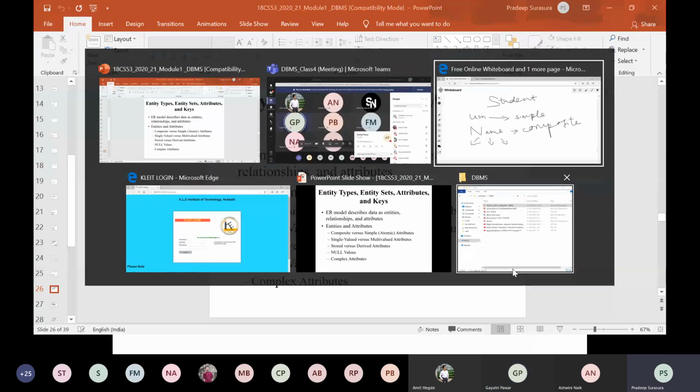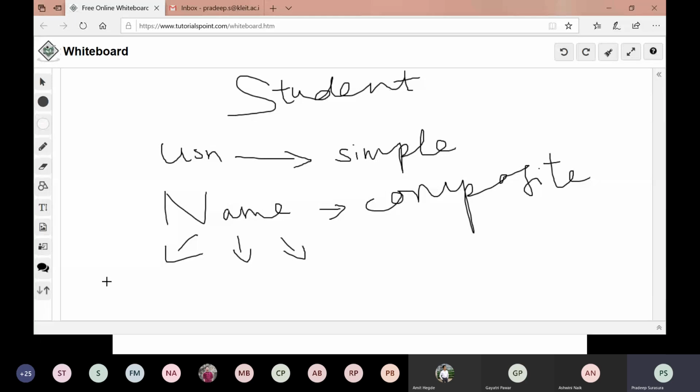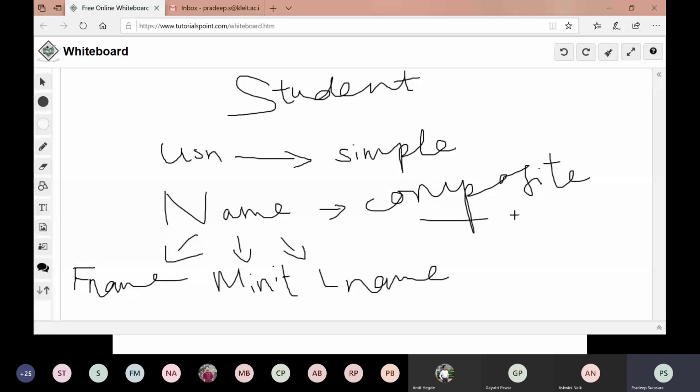I appreciate that. When I say name, name again can be divided as first name, middle initial, last name, or anything else. The attribute which can be divided into sub-attributes is called a composite attribute. A simple attribute cannot be divided; that is called a simple attribute.